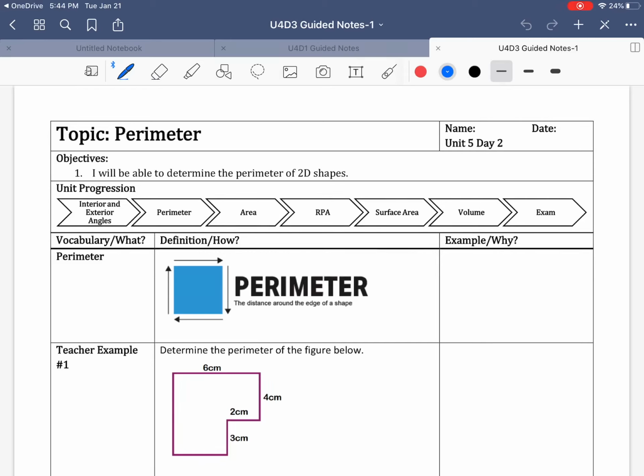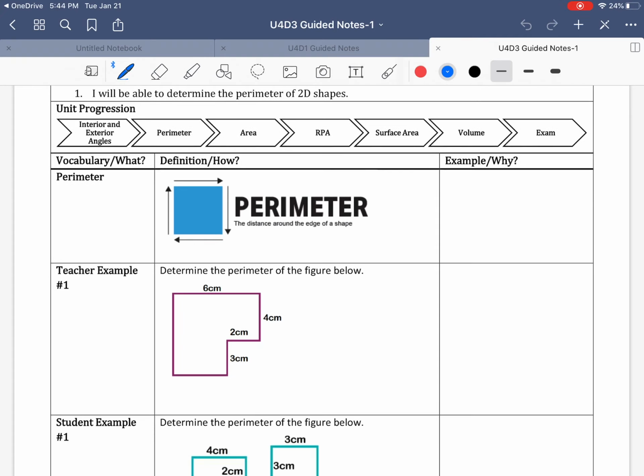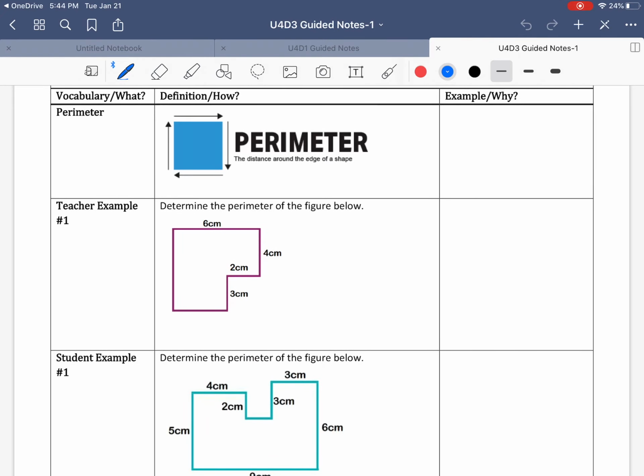Hey guys, today's topic is perimeter, Unit 5, Day 2. Our objective is that you will be able to determine the perimeter of two-dimensional shapes. So real quick, hopefully this is a review or a reminder, but the perimeter is the distance around the edge